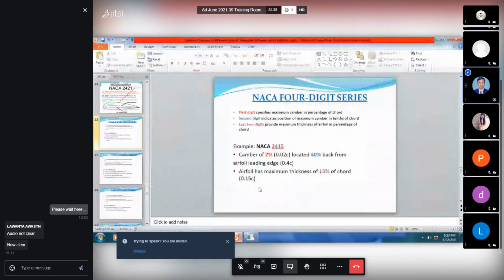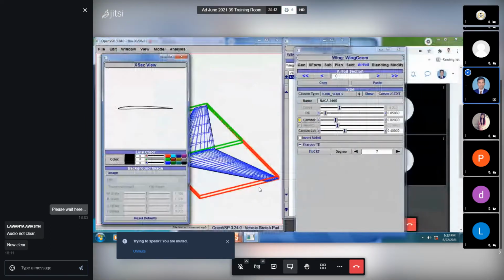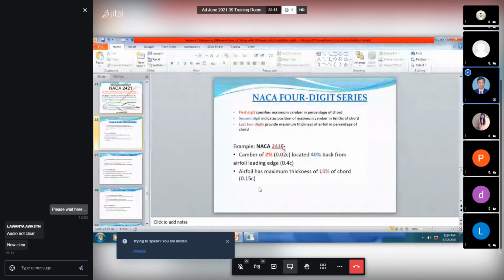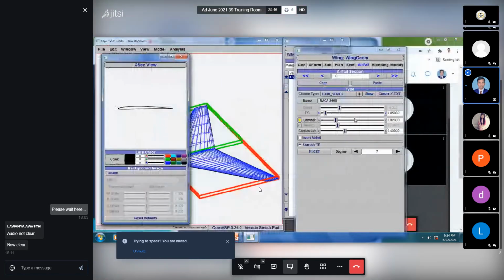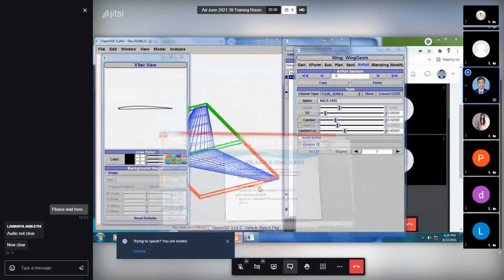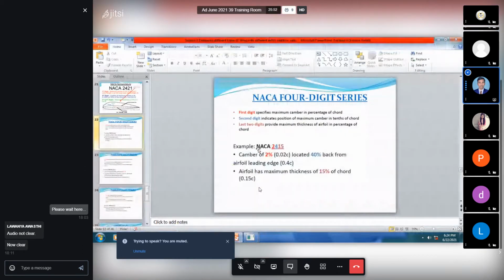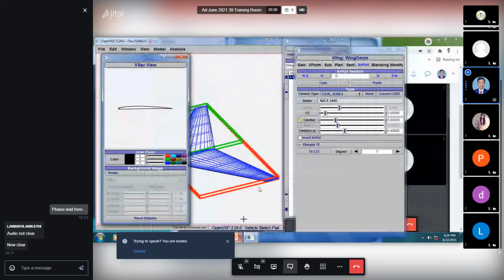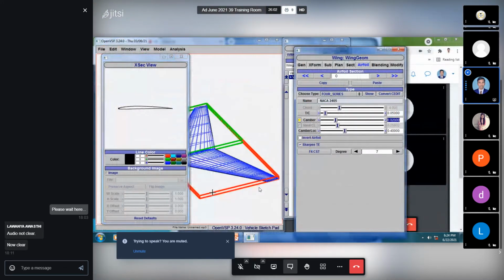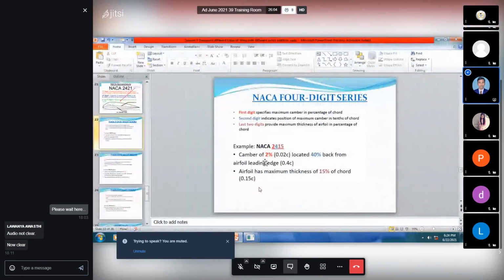Okay, so what we have to do, we just have to change the thickness to chord ratio. Okay, because first two digits we have same as per our requirement, that is 24. Which means for this aerofoil first digit what we have, that is the camber 2%, we need 2% itself, so that's why we have 2% camber. Okay, no need to do any changes here. And second digit what we have 4.